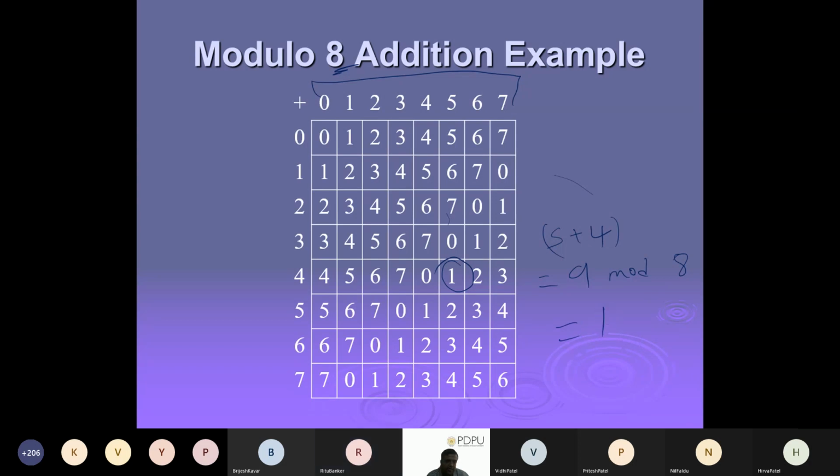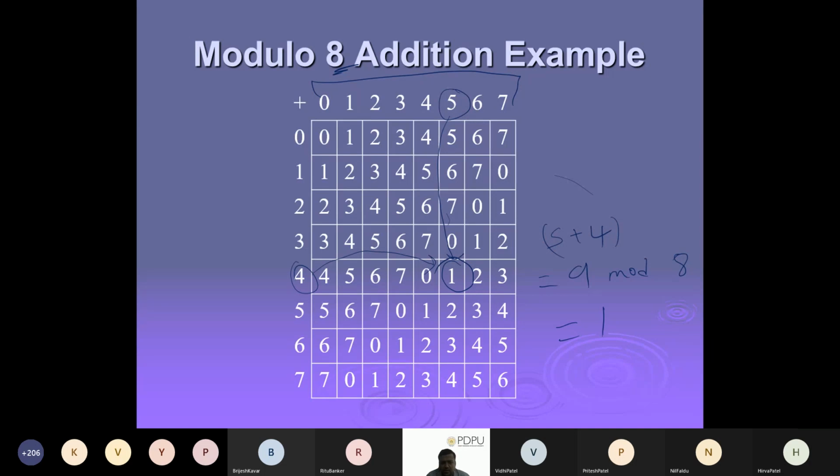So now you can see that everywhere you have to do the additions of whatever the numbers. Here one number is coming from here, one number coming from here, and then you do the additions, and then at last you have to do the modulo. So every time you have to do the modulo anyhow. Okay, that will help you.